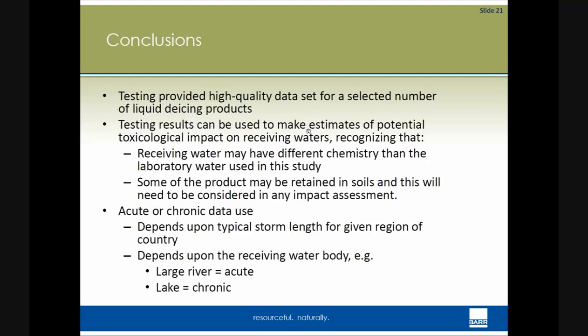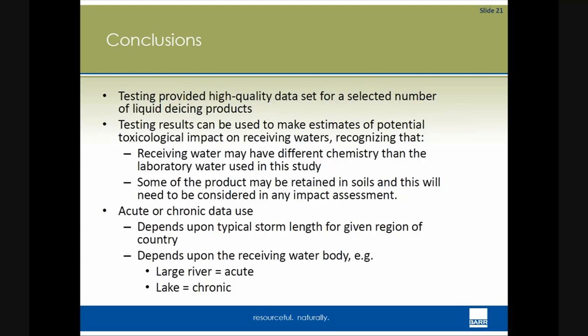General conclusions of the study. I think the study went very well, and we provided a very high-quality data set for the liquid de-icing products that we tested. So we had very nice dose responses. We were able to calculate reasonable endpoints, which also allowed us to calculate those rankings. I think you can use these data